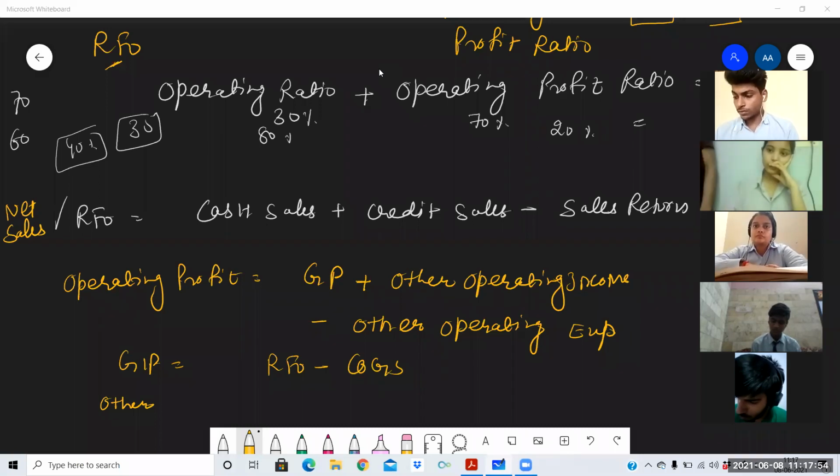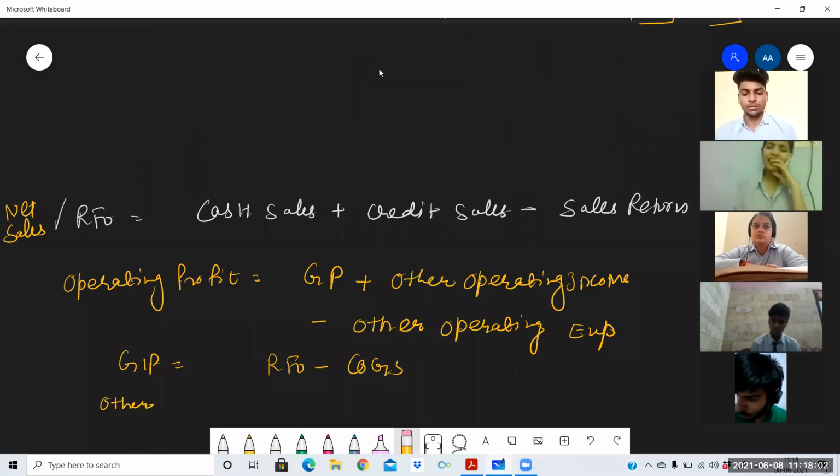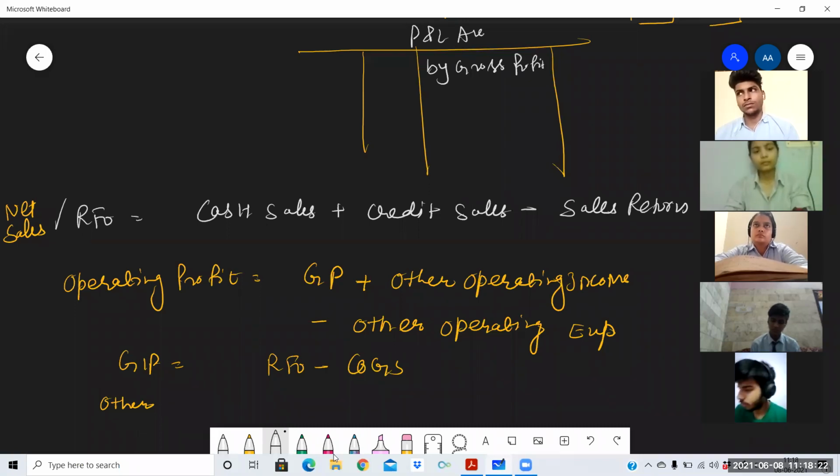I'm just here making one statement of P&L account for your reference. This is the one small format of statement of P&L account, which we have already learned in 11th class. P&L account. On the credit side, we were writing by gross profit. And apart from the gross profit, some incomes were written on the credit side, which are known as other income. Gross profit we have earned from our main business income, and other incomes like dividend received,